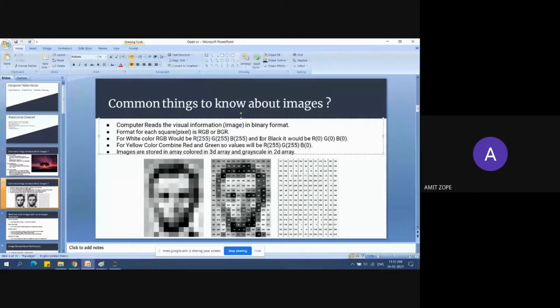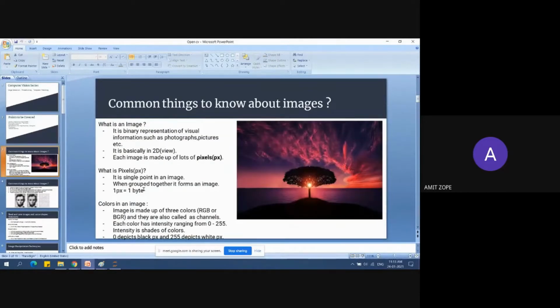And for black, we can specify the pixel values for RGB as 0, 0, 0. So yes, this was all about the images, and you can also calculate the image size from this data. That is, a single point in an image represents a pixel, and one pixel has a size of 1 byte. I will not confuse you much further with color images.